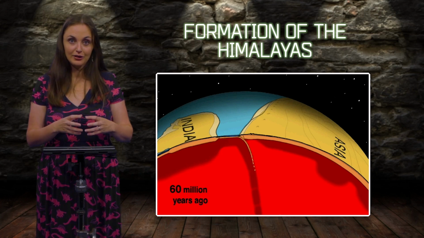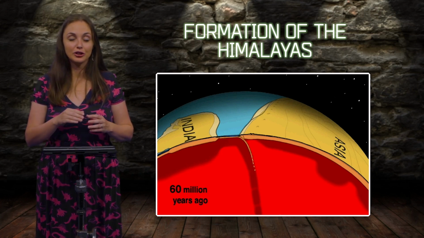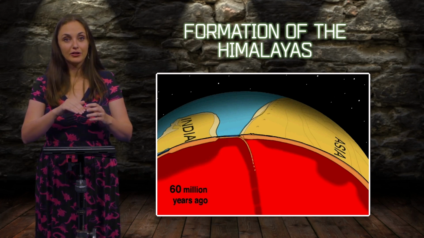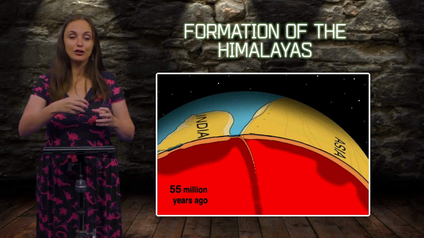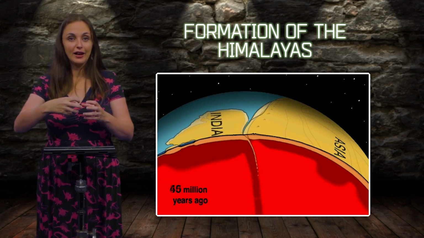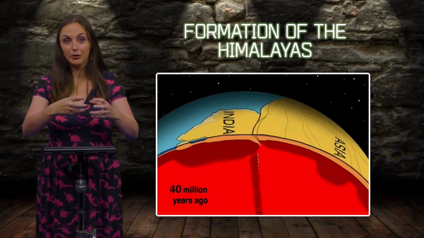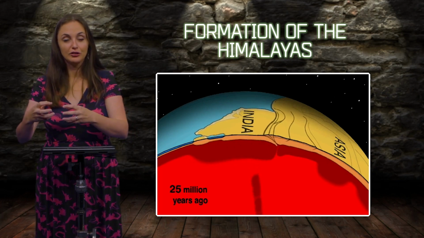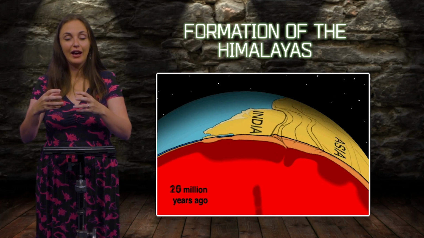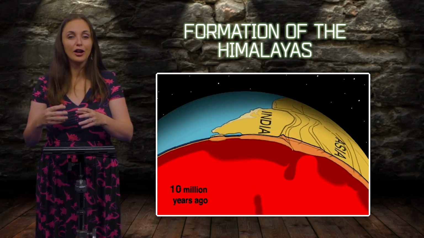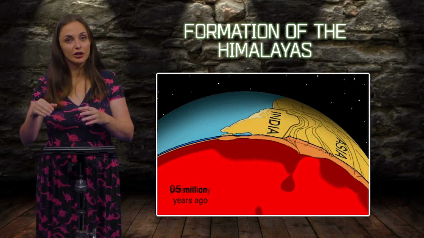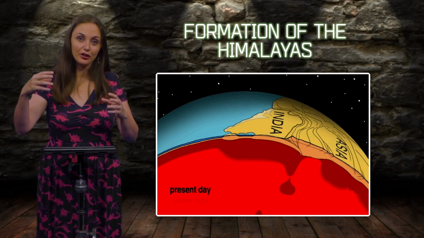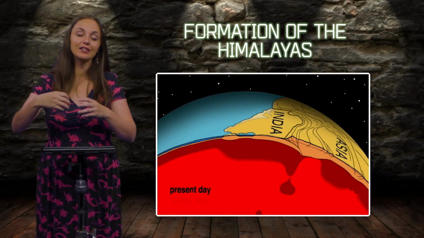unconnected continental landmass. As the oceanic floor between India and the rest of Asia began to subduct underneath the Asian continent, it drags along India essentially as kind of like an item on a conveyor belt. So India continues to move closer and closer to the rest of Asia and eventually collides. And once India collides with Asia, you don't see any more subduction of oceanic crust underneath Asia because that continental crust can't subduct. Instead, you see a lot of crumbling up of both pieces of continent and an extensive amount